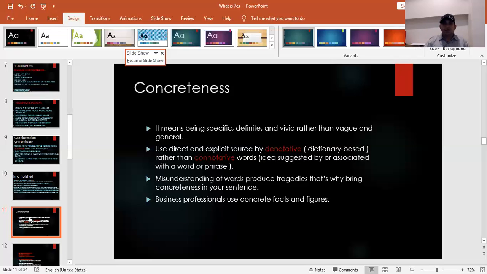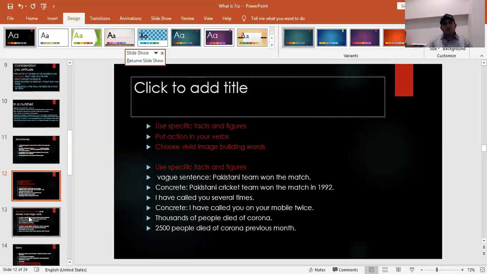फिर बिजनेस प्रोफेशनल यूज कंक्रीट फैक्ट्स एंड फिगर्स। बिल्कुल सही है। 2 into 4 होते हैं हमें पता है। देखिए अगर 2 into 5 करें तो वेल अब बिजनेस पीपल को आपको ये करके दिखाना है कि कौन सी फॉर्म से हुआ। तो कंक्रीटनेस में जिसमें फैक्ट्स एंड फिगर में बात करनी है, कभी भी उड़ती उड़ाती बातें हमें नहीं करनी। ऑब्वियसली बात इज ऑन वर्ड्स। उसके बाद हमारे पास कंक्रीटनेस की कुछ मिसालें हैं। यूज स्पेसिफिक फैक्ट्स एंड फिगर्स। वैग सेंटेंसेस जैसे कि पाकिस्तानी टीम विन द मैच। ठीक है, लेकिन कौन सी टीम ने जीता नहीं पता। अगर कंक्रीट वर्ड्स में ये है कि पाकिस्तानी क्रिकेट टीम